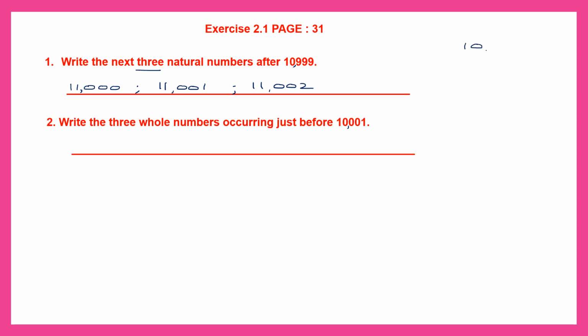So let's take that 10,001. Just before means we remove 1 from it. So 1 minus 1 is 0. And then we have 0, 0, 0 and 1. So what's our first number? 10,000. So the first number before 10,001 is 10,000. We've got this. Now to find the number before this, because we have to get three whole numbers,